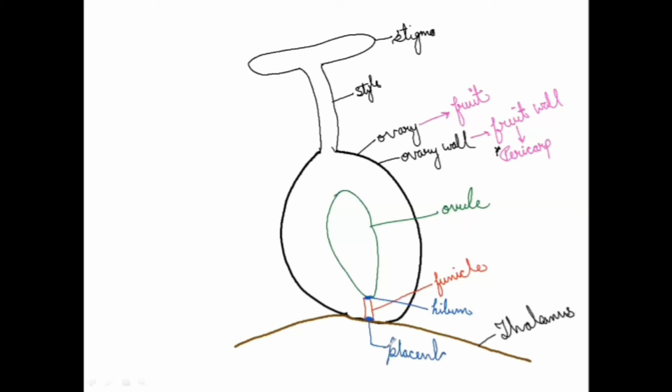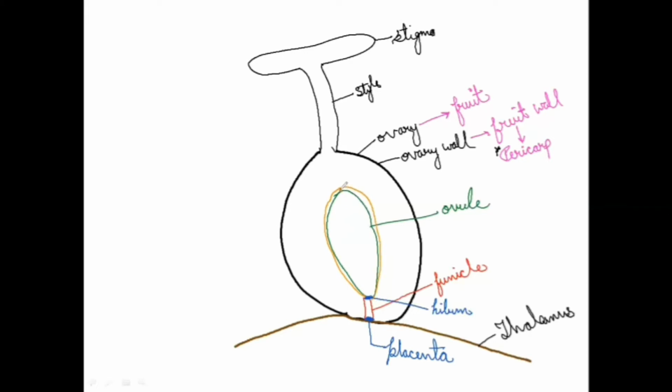What is the function of the placenta? It is the same as what we have in humans. It is to provide nutrition to the developing embryo in this ovule. Now, we need to study the structure of the ovule, which is very important from your exams point of view. So, this ovule is going to have two walls or two layers like this. Clear? And on this side also it is going to have the layer like this.